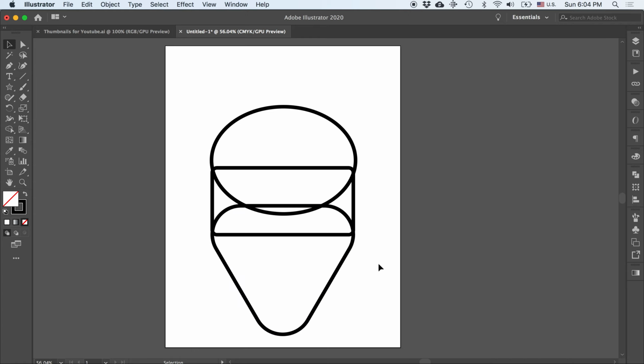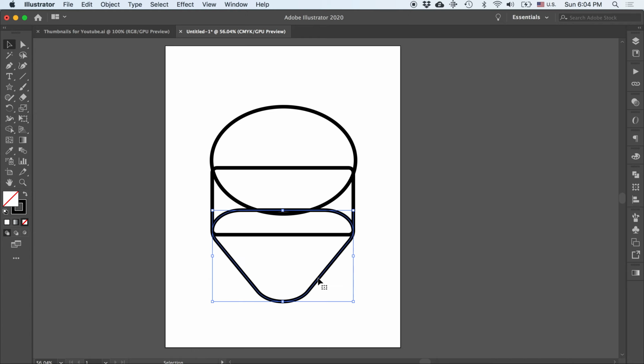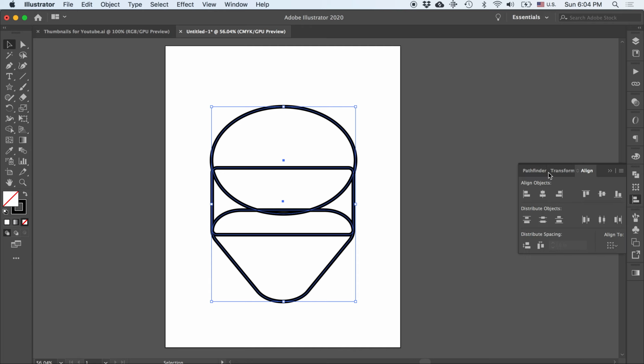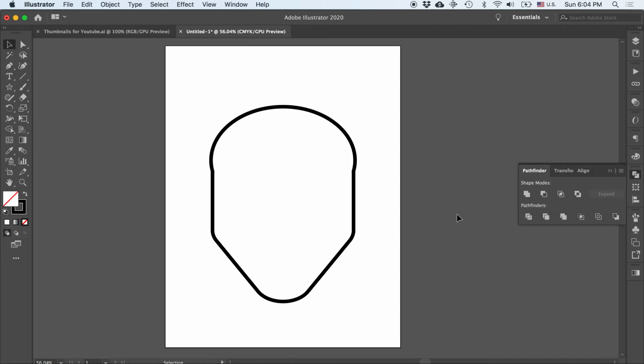So I'm trying to put together my skull. As you can see, I'm working on the bottom jaw line right here. Okay, so once I have the basic shape ready to go, what I'll do is I'll select all my shapes, and I want to make sure that I go into my Pathfinder tool. Actually, it's the Align tool, and I want to make sure that this is centered. Then I will go into my Pathfinder tool and go into Unite,